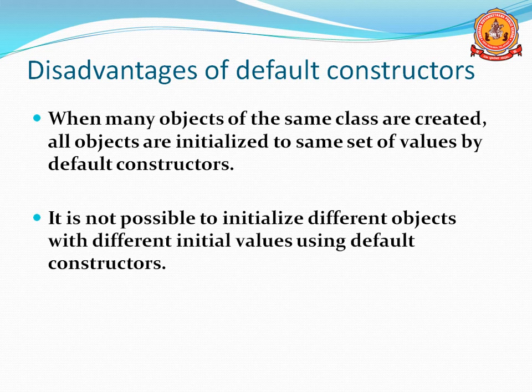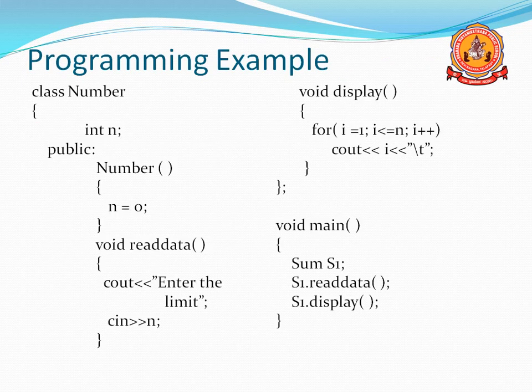There are 5 objects for a class. For example, the class is Student. There are 5 objects S1, S2, S3, S4 and S5. If you want to initialize different data for different objects, one set of data for S1, another for S2, and another for S3, that is not possible if we use the default constructor. A default constructor is not allowed to initialize separate data for separate objects. If we use a default constructor, all the objects will have the same set of values. This is the main disadvantage of the default constructor.